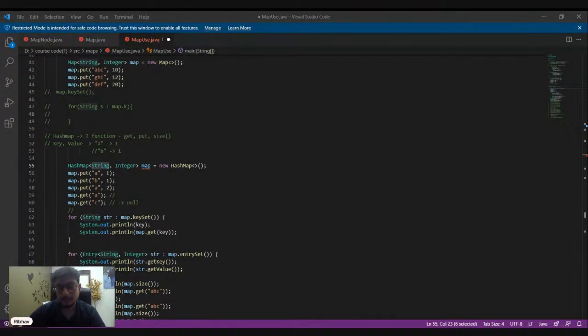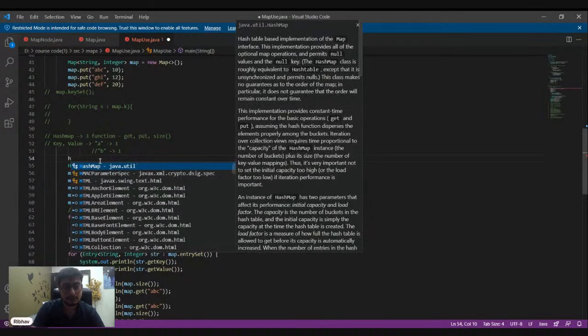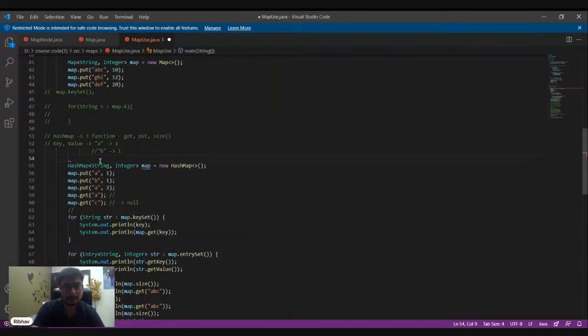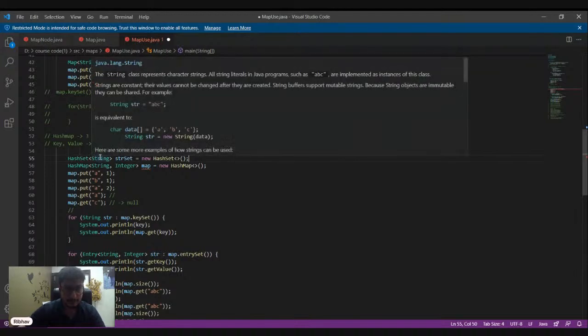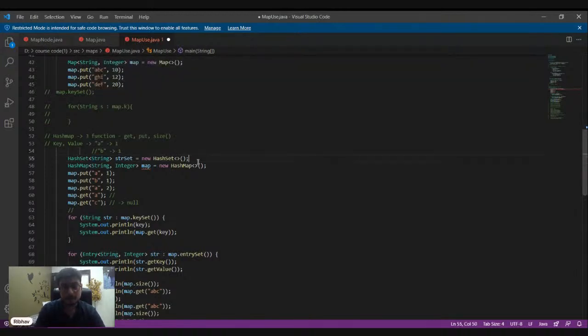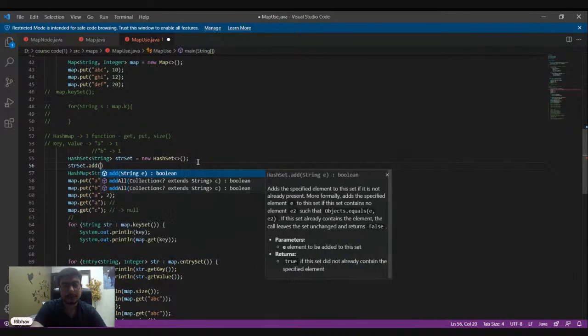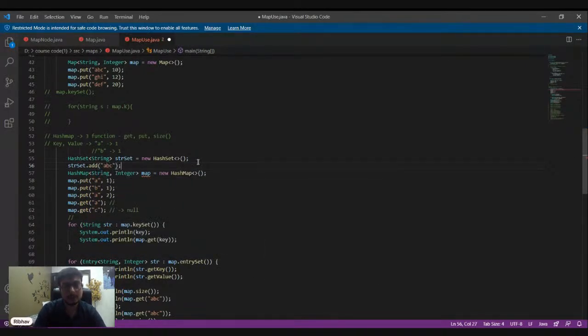Difference between map and set. Very good question, Kuldeep. What is a map? It basically has a key and a corresponding value. Whereas a hash set, let's say we have this hash set, right? It only contains the keys. It does not contain the values, right? So we can have a hash set of a string, str set equal to new hash set. As you can see, it just takes in one parameter, right? And we can only store strings corresponding to that. So let's say we add str.set abc. So it can only contain a key and not a corresponding value to that key.